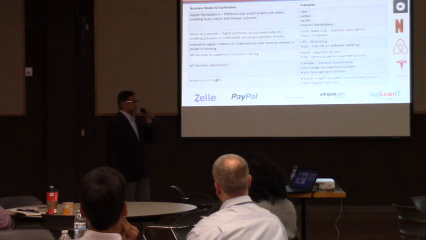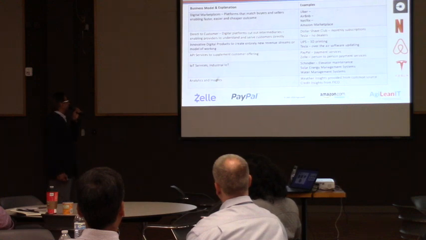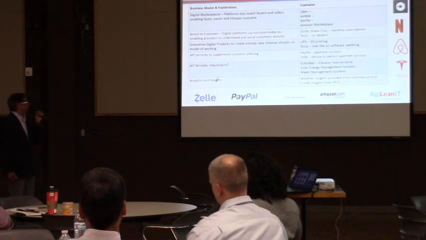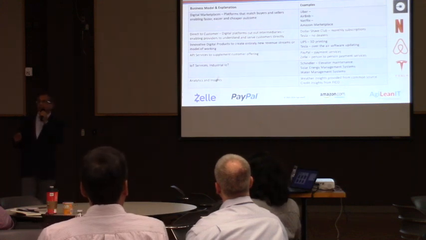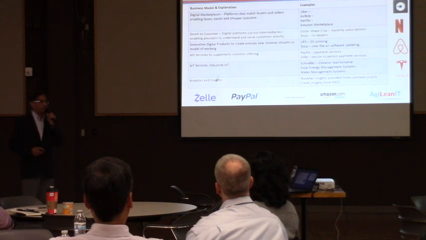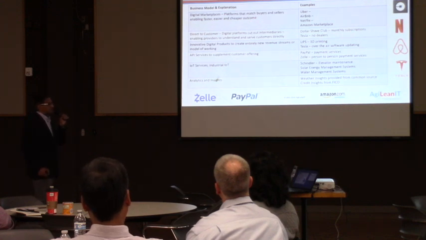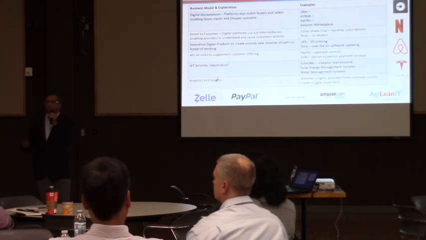So let's look at why business transformation. What's driving business transformation? Sorry, this may be a little eye chart. It's a little bit more detailed, but you all have heard about all these digitally native successful companies such as Uber, Airbnb, Netflix, Amazon Marketplace. They built their organizations digitally from the ground up, and they built digital marketplaces, platforms that match buyers and sellers, enabling easier, faster, and cheaper outcomes, right? So that's a success story, and if you want to replicate such a success story, you need to transform your organization